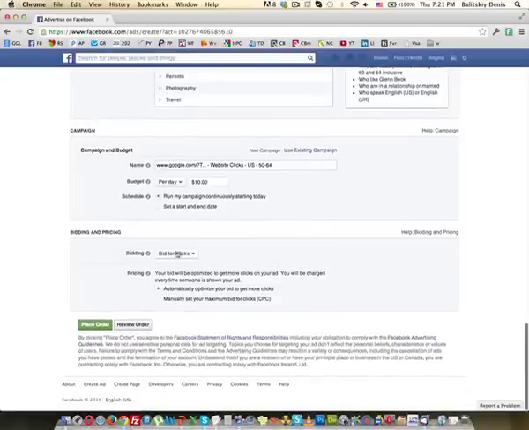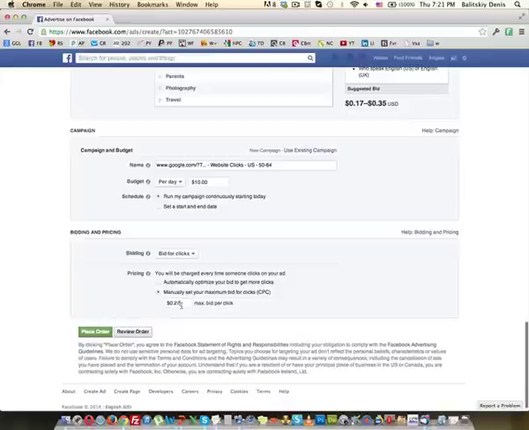In the second place, if you're bidding for clicks, I would manually set your maximum bid for clicks, and I would go for the maximum, which is 35. Again, why would I do this? Because it's all about the CTR. If you're bidding the most, Facebook is going to give you the best positions. And if it gives you the best positions and you have a good CTR, after some time the cost per click is going to go down. I know it sounds weird, but believe me, this is how it works. And don't ever be afraid of bidding. There are a lot of people who are afraid of bidding like $1 per click. I'm never afraid of that.